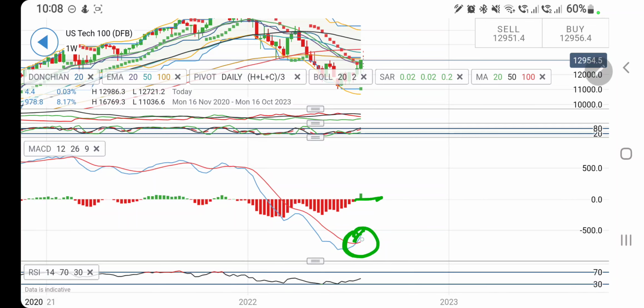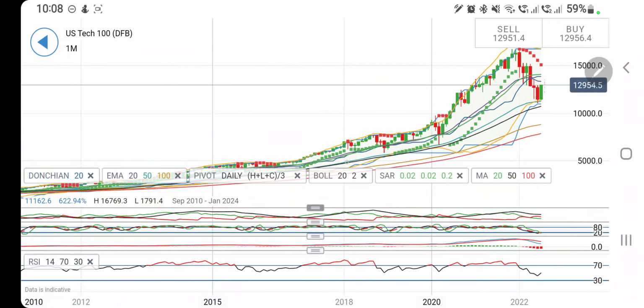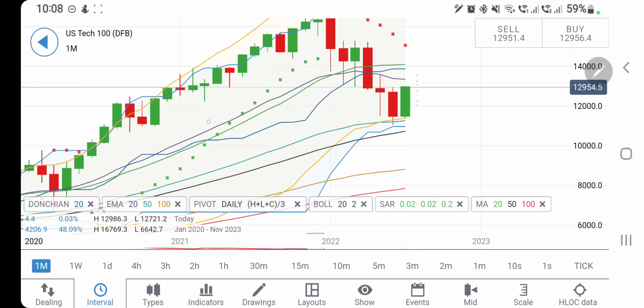From here, this is a bullish crossover. Possibility exists that it can sustain a little. RSI was at the bottom, now it is looking upwards. Similarly, if you look at the MACD there, the monthly charts here, if you look at the resistance